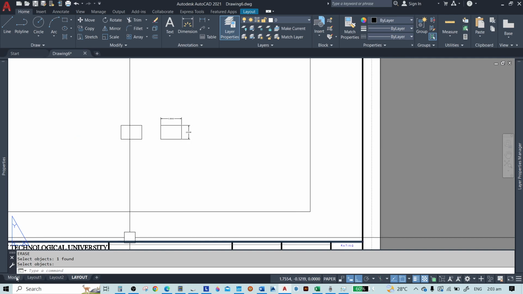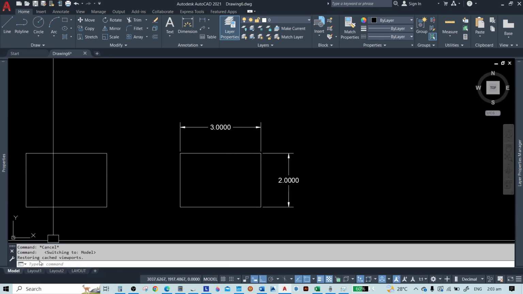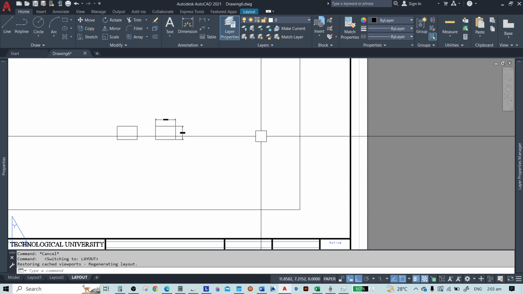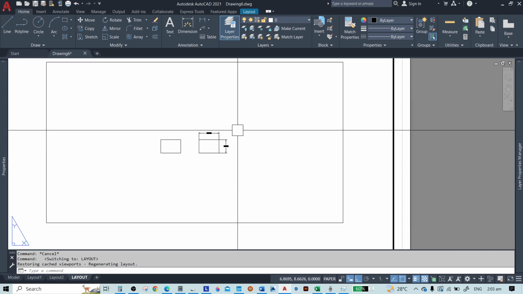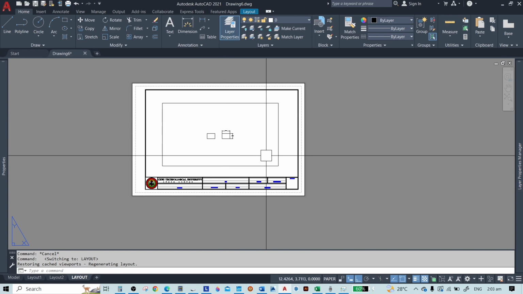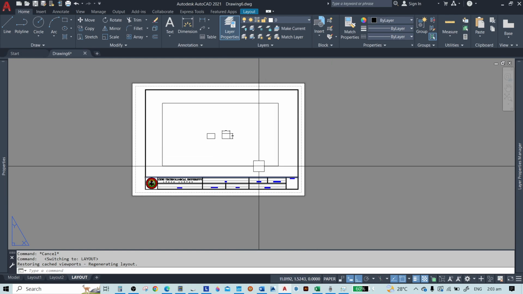So that's why I want you to do the dimensioning here in the model, but there are things that you need to do in order to make your dimensions correct. Okay, so that's how you do the scaling.